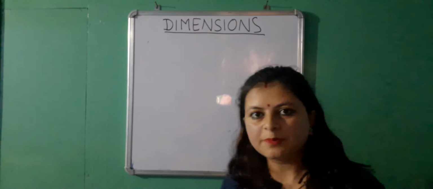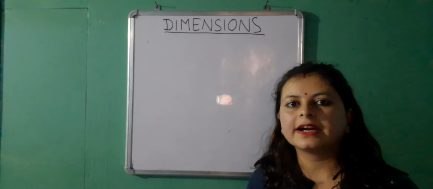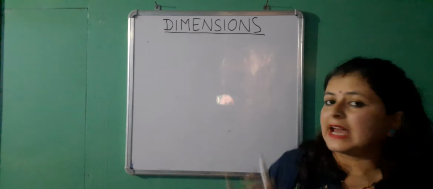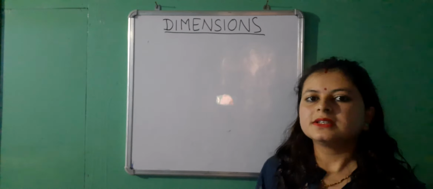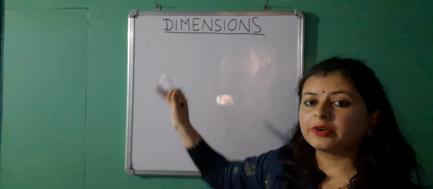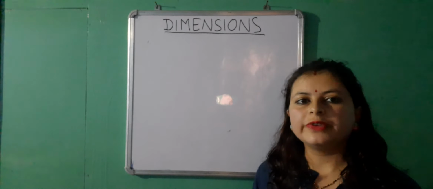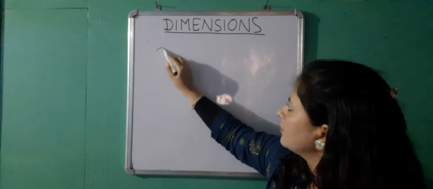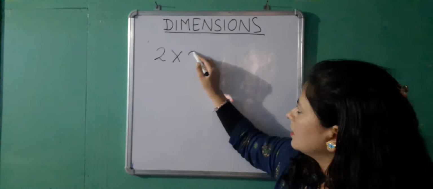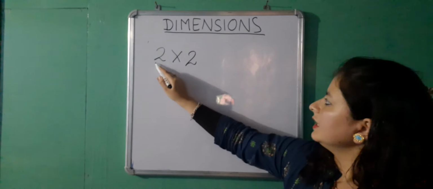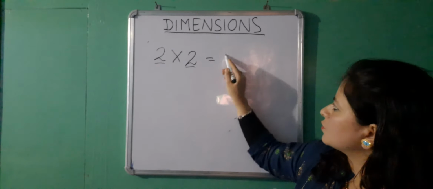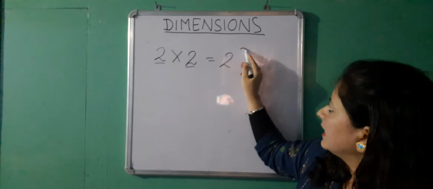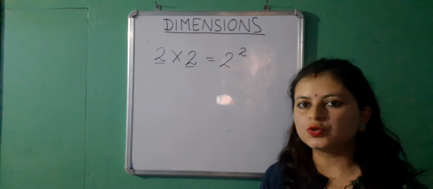So talking about exponents, because if you don't have any idea regarding exponents, then you will be facing difficulty in understanding this dimension. All right, so exponent, in basic mathematics, exponents are the powers to which a variable or a constant is raised. For example, if I multiply 2 by the same number 2, the base here becomes 2 and its exponent becomes, because it has been multiplied twice, we write it 2 raised to the power 2.